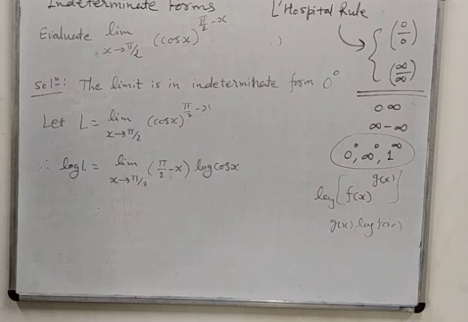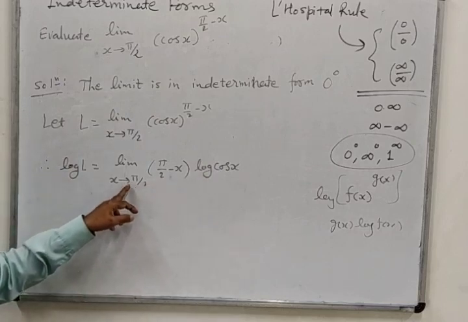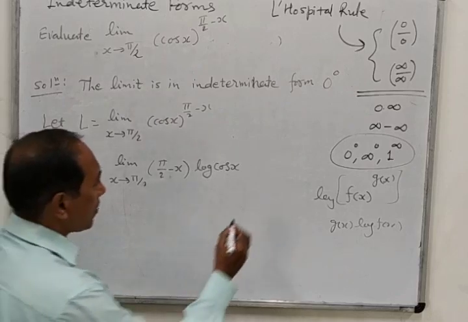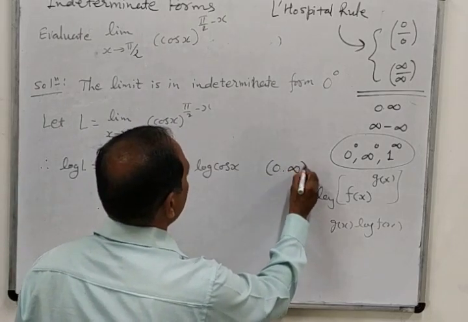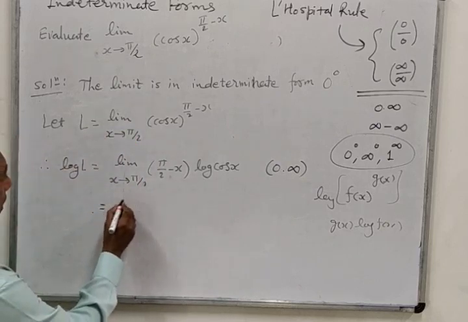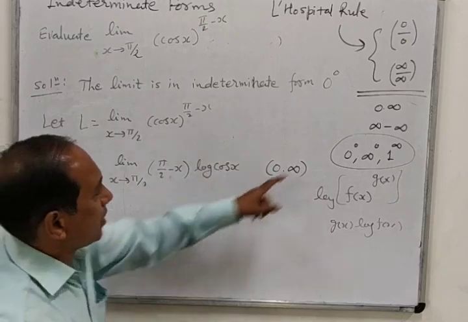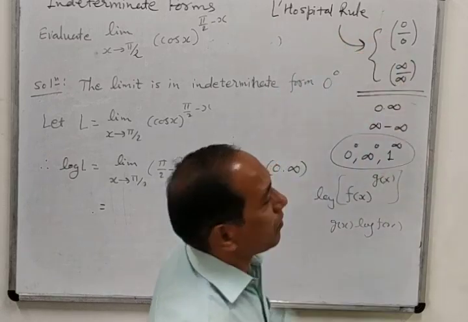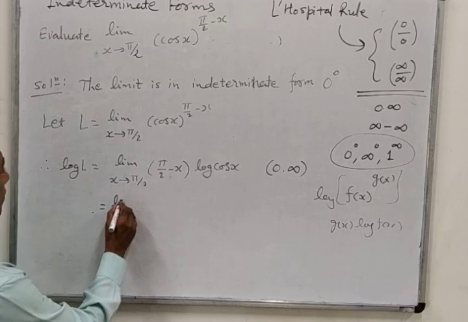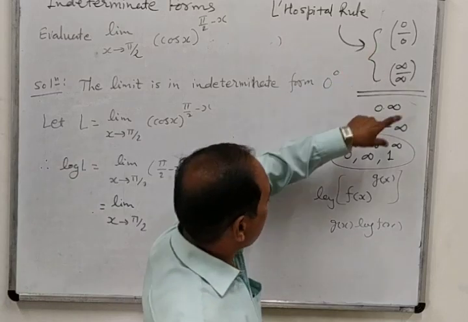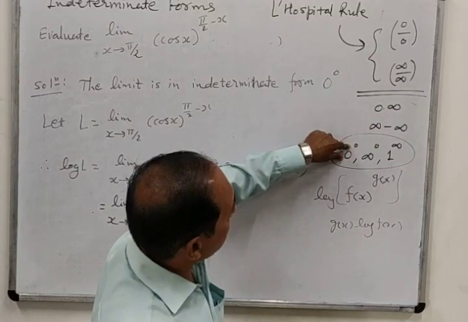In the last lecture I explained that whenever a log function is involved, this limit is always a right-handed limit. So we can say that log of 0 tends to minus infinity. But here we want its symbolic expression, so we can say it is in the form of 0 into infinity. So it is in the form of f of x into g of x. As I told you, we can apply L'Hopital rule only in one of these two cases. So we will have to convert this into f of x upon g of x. Here you can see that this form is converted into this form.